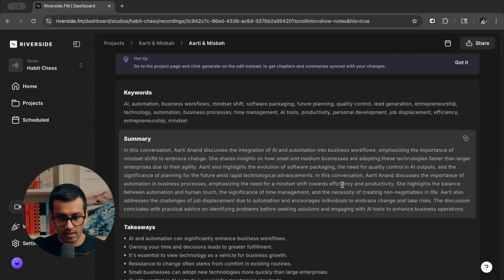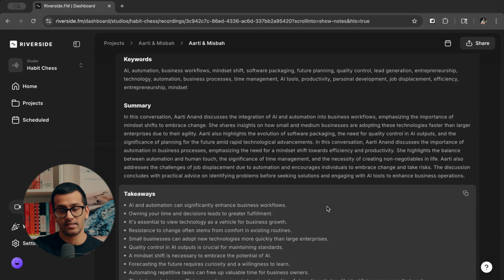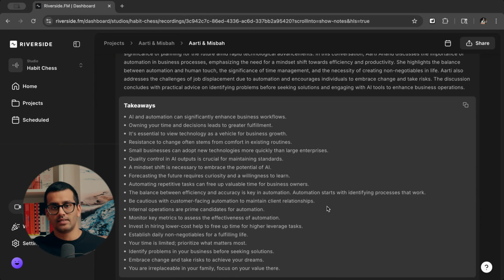Now, again, just taking a quick scan at all of the output that it has given me for my show notes, it's actually not bad, because what you would have to do is definitely some back and forth with a ChatGPT or a Claude, especially if it has no previous context on you or your show or your business. And so clearly Riverside has put some effort into making the parameters so that a lot of the annoying things that you would get back as output from a ChatGPT, and it would take like 5 prompts for you to kind of get to something you like,